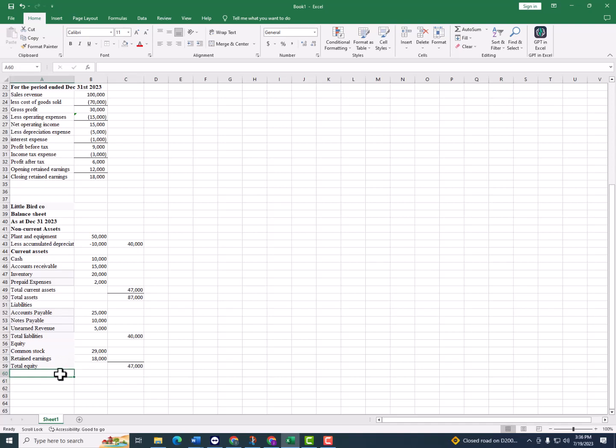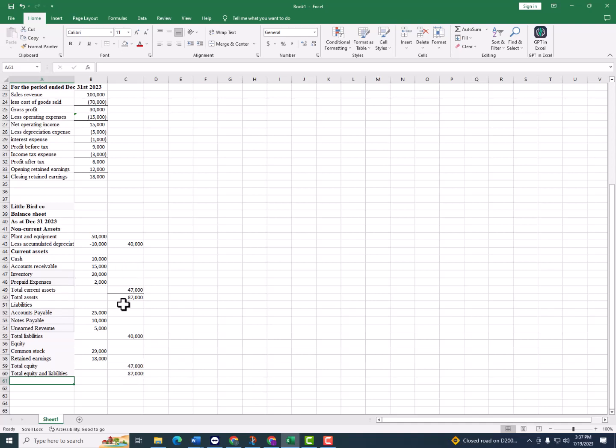Then we say total equity and liabilities. You simply add this total equity plus total liabilities, and we have